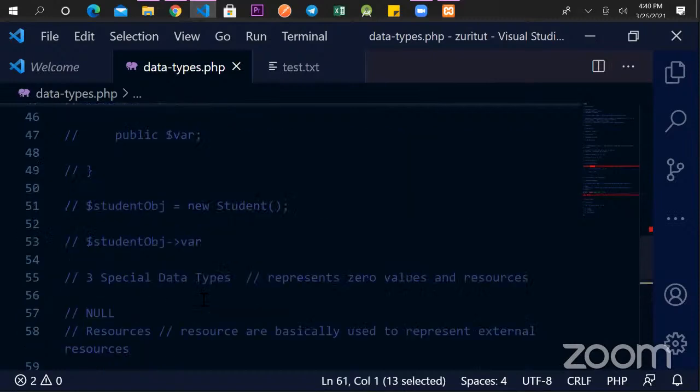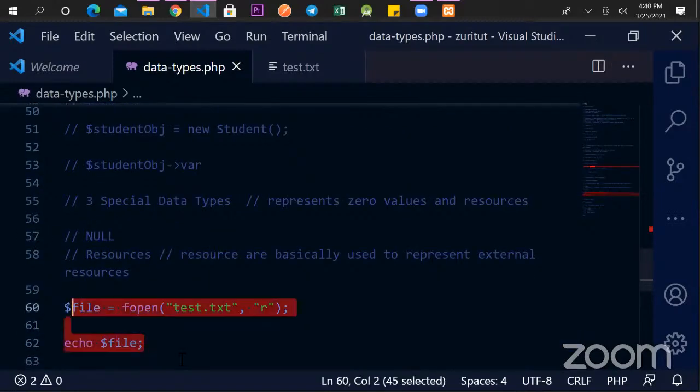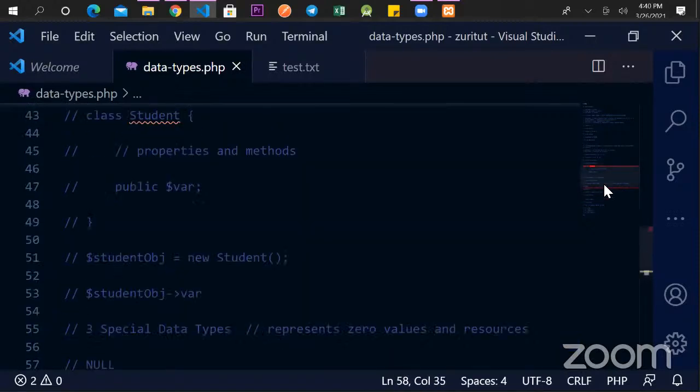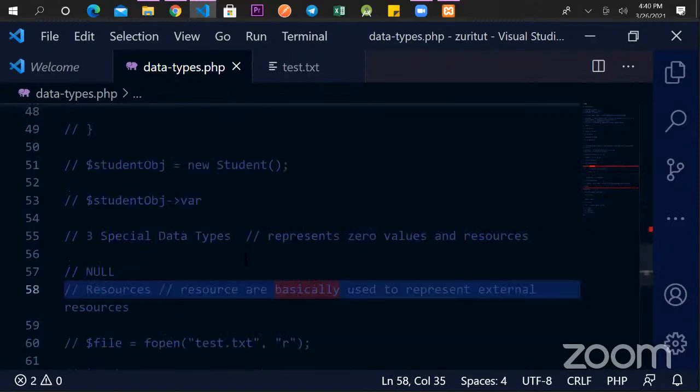So here we go. I'm also going to comment these guys up. And let's see, okay, so that's it basically for PHP